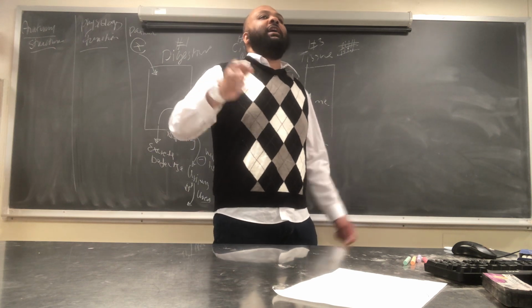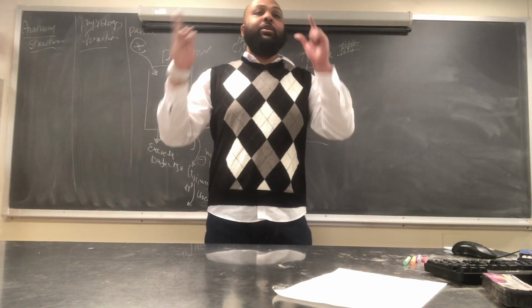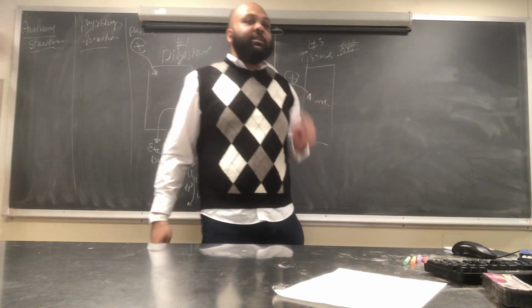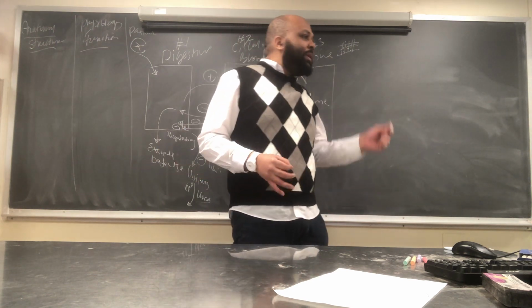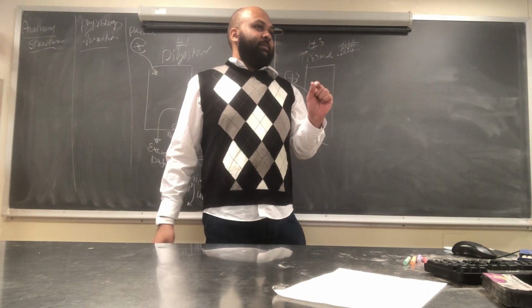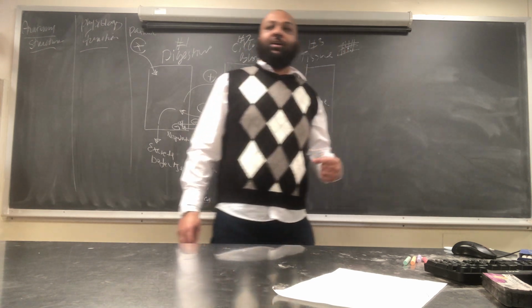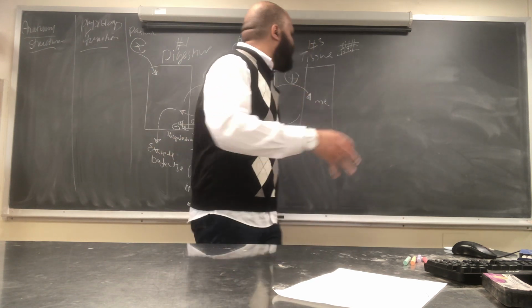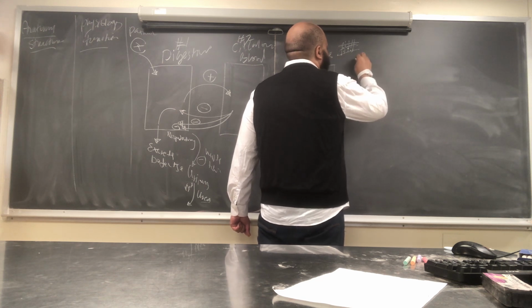Yet people assume that the nervous system is only the brain and the spinal cord. No, it's the brain, the spinal cord, and the enteric nervous system. The enteric nervous system is so important because it regulates the movement and the secretions. The movements in your digestive system are divided into two types of movements. What are the two types of movements in your alimentary tract? So they call it the alimentary tract,